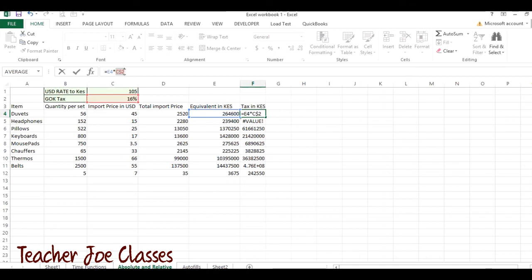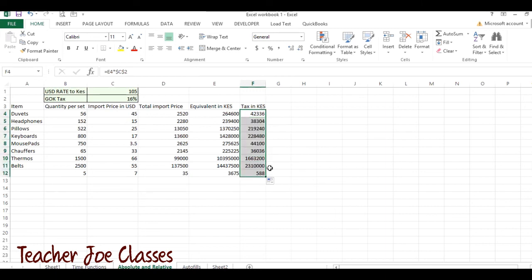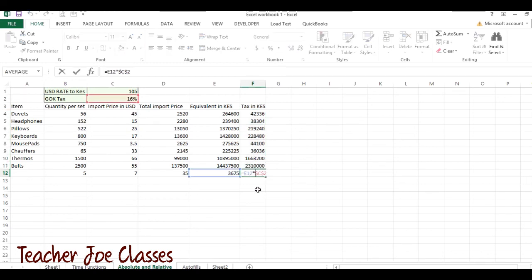We'll explain that in another lesson. And if you press F4 again, it makes the column absolute. If you press again, it removes absolute and makes it relative. But for now, we want it to be absolute cell reference. Then you press enter. Then we copy the formula. And voila, it has computed based on the tax. So if now we double click, we are able to see that it is still making reference to C2,